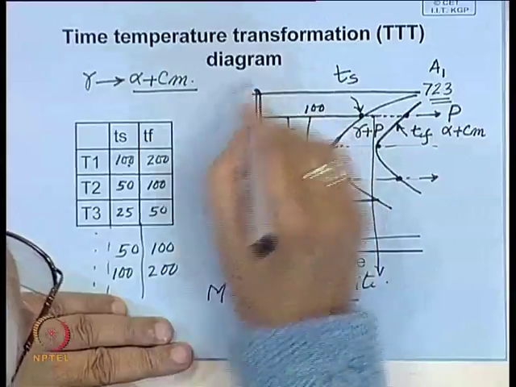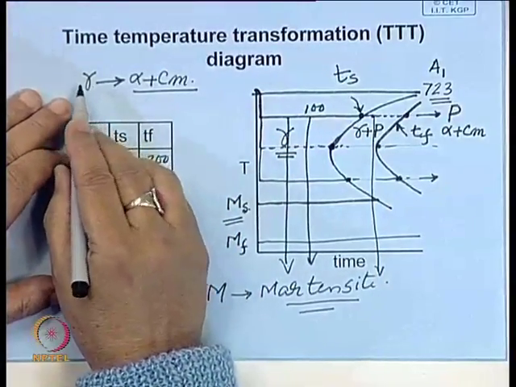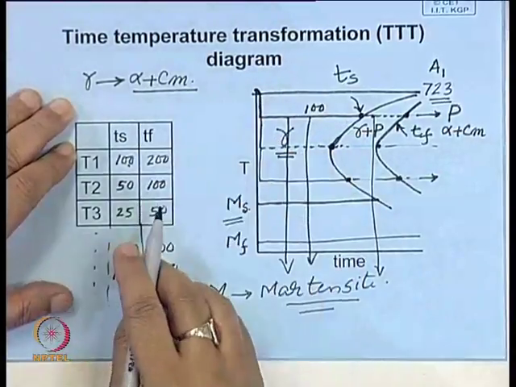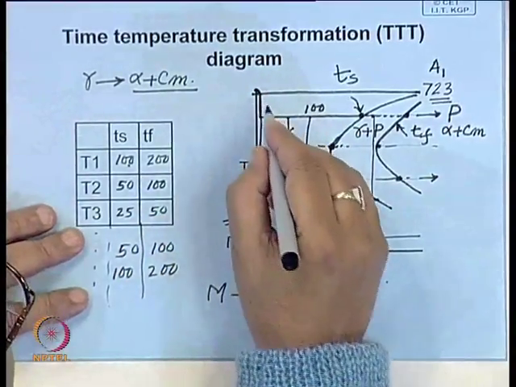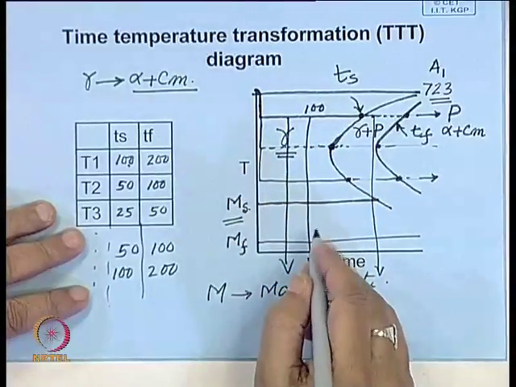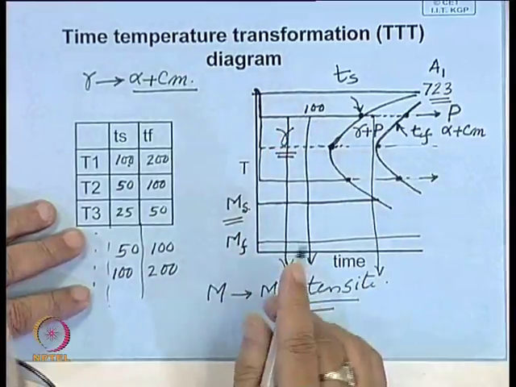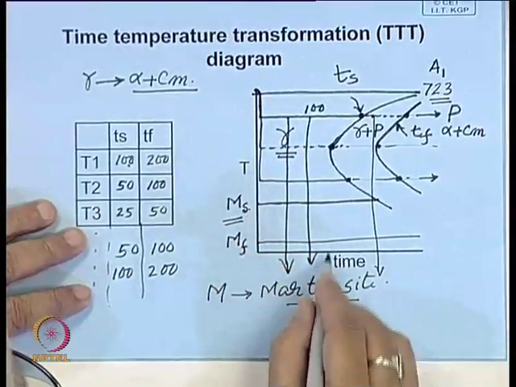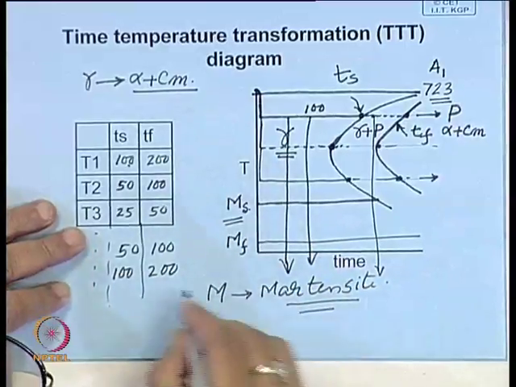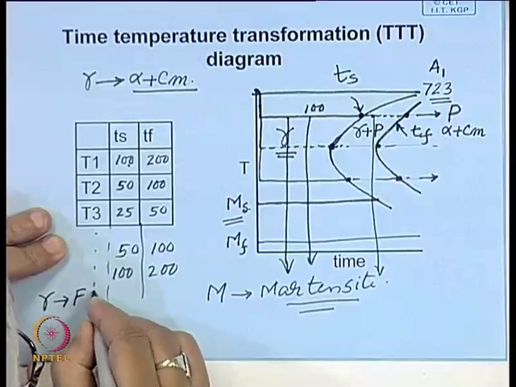Now, we know that austenite is a solid solution of carbon in iron. All the carbon is present in the interstitial sites, and if you quench and do not allow this carbon to precipitate out, carbon is retained by force in the microstructure. Then you get a different lattice structure altogether. Austenite is face centered cubic